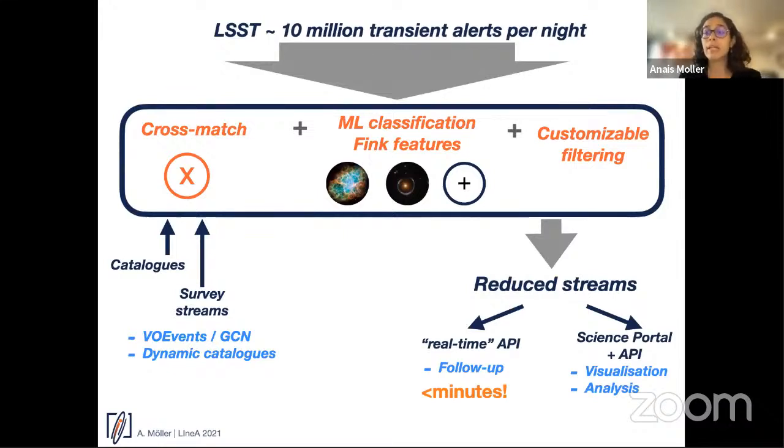So we have a real-time processing, real-time API, which is basically within minutes from detection in Rubin. It's detected in Rubin, sent, processed by Fink, and communicated to, for example, your follow-up facility. We're talking about minutes of difference. So this is pretty fast. It's great for fast transients like GRB afterglows and kilonova.